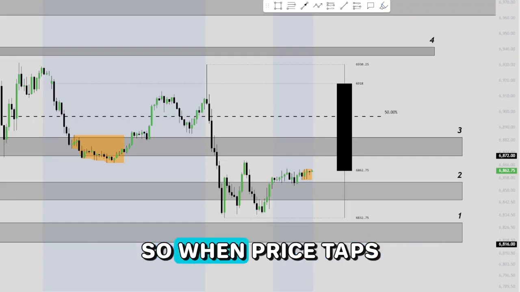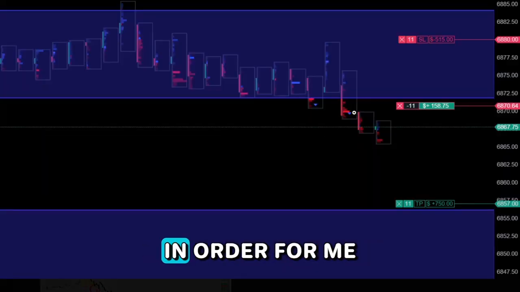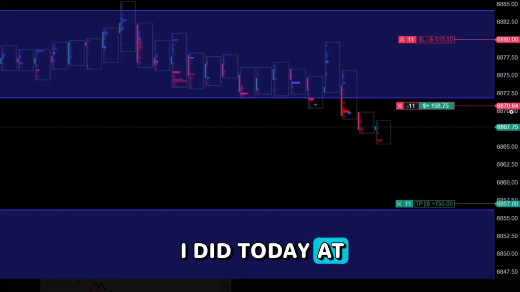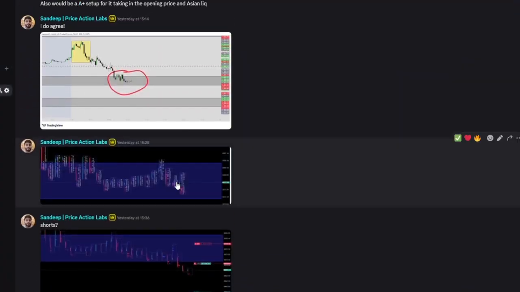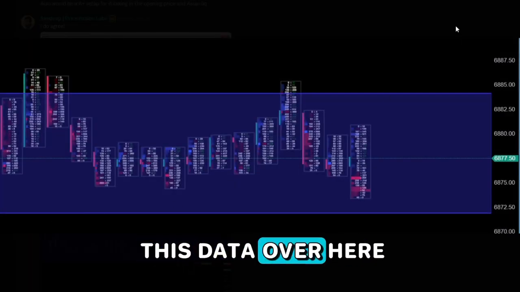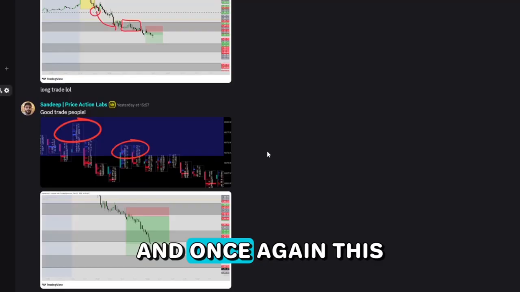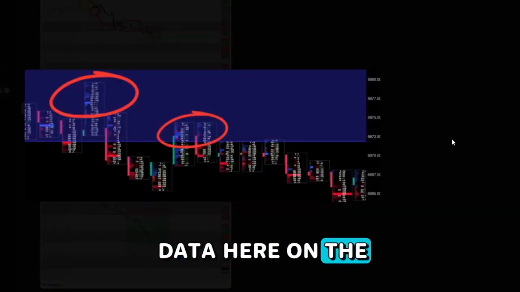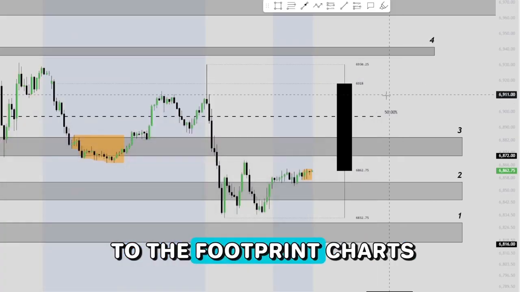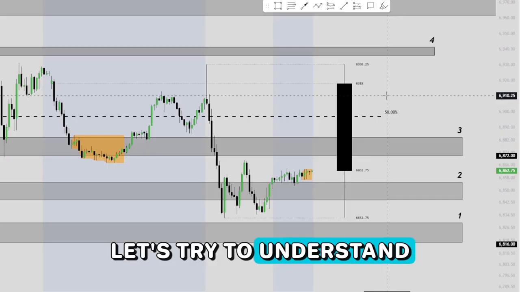Right, so when price taps into my level, in order for me to go short like I did today at 68.70, I was looking at this data over here on the footprint charts. But before we go to the footprint charts, let's try to understand the overall